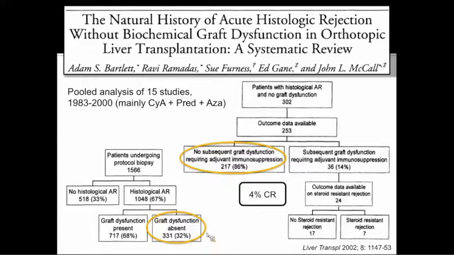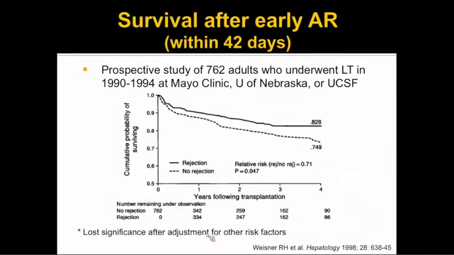So this is just to point out that, you know, if for some reason you have a protocol biopsy on somebody that shows rejection but their graft function looks good by their liver tests, there's really probably no reason to jump to adjusting their immunosuppression until you start to see biochemical graft dysfunction. So that's an issue that I think is not as important in modern times. What's more important is what's happening with patients who have acute rejection that's biopsy proven and that is causing biochemical graft dysfunction. So there is some data that suggests that survival after early acute rejection may actually be better.